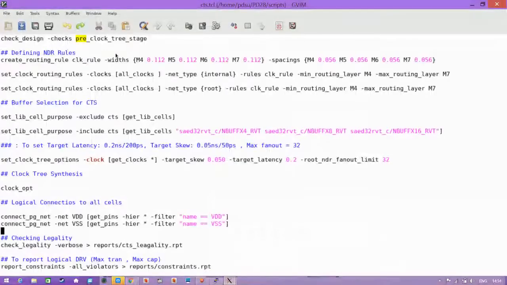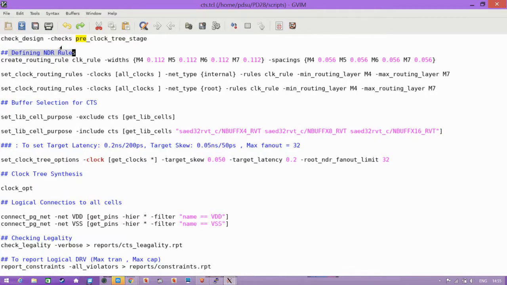Next, after defining your particular clock tree, the first thing you have to do for it is the NDR rules. Basically, we define the NDR rules for clock nets only, to make sure that we avoid the EM and the crosstalk issues in the clock nets, because these clock nets are very high switching nets and operate at a very high frequency. So that is the reason we have to take special care of building these particular clock nets.